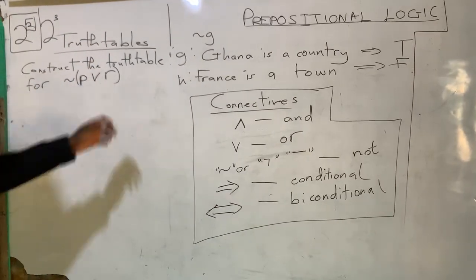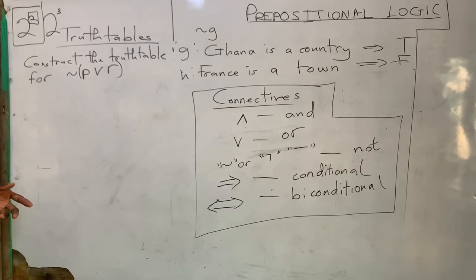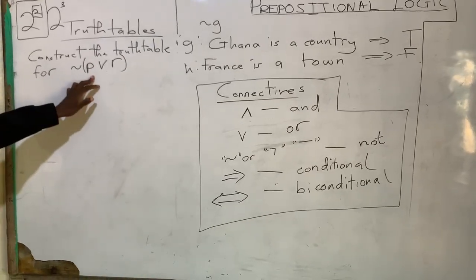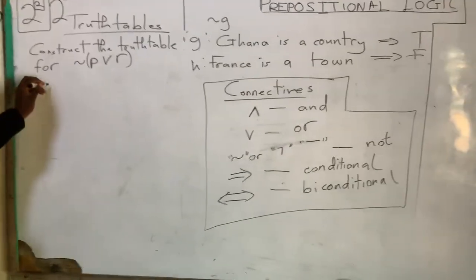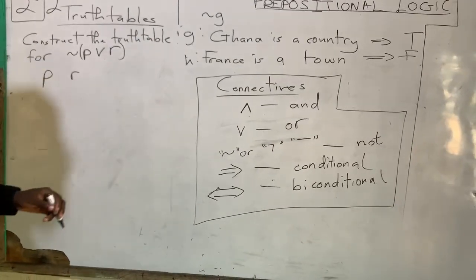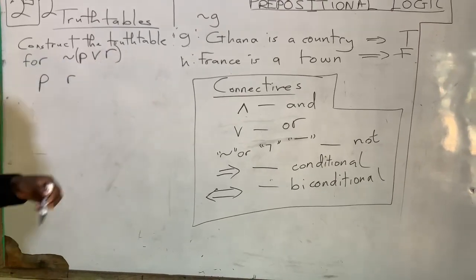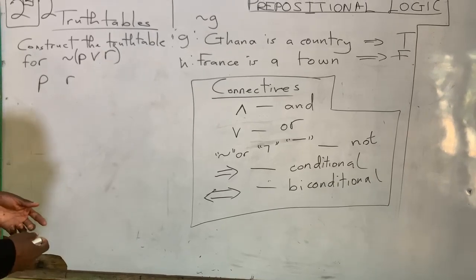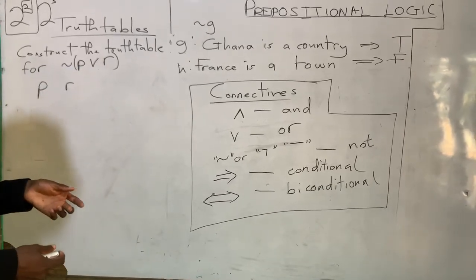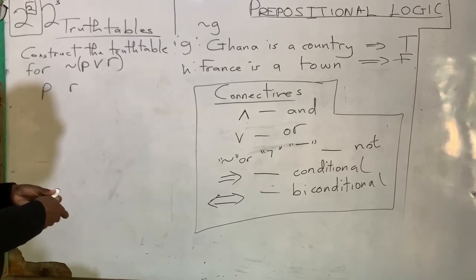So you have to look here and ask yourself, how many letters do you see? The letters represent the declarative statements. We have P, we have R. It's only 2. You start with P, you have your R. Then what's next? What connectives do you see? You see 1 and 2, right? But you have to ask yourself, what is the main connective you see over here? The main one I see is linking P and what? R. So it means you have to construct a truth